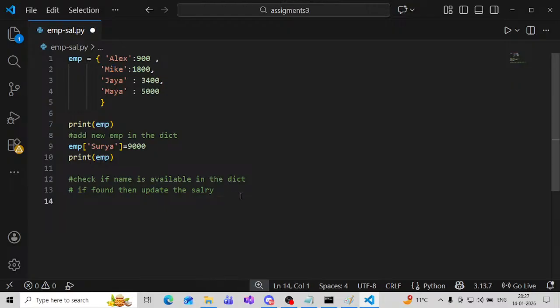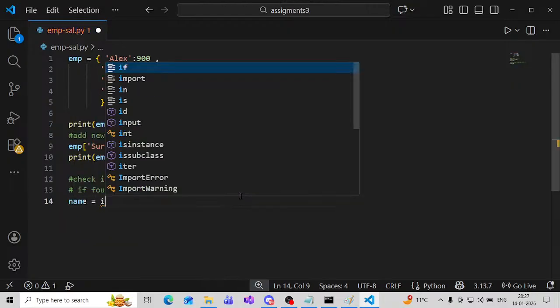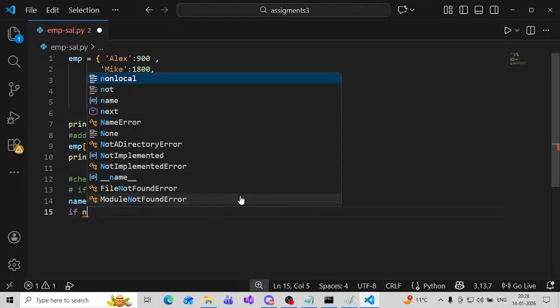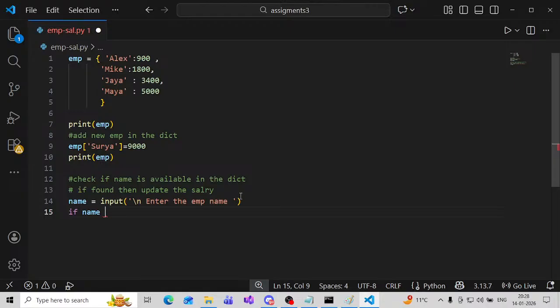So first I will take an input name, and I will enter the employee name. So here this will take input of that employee and it will check if the name is available in the dictionary. So I will use the membership operator, that is in. If name in employee, okay, then we will